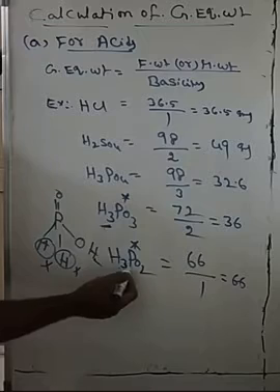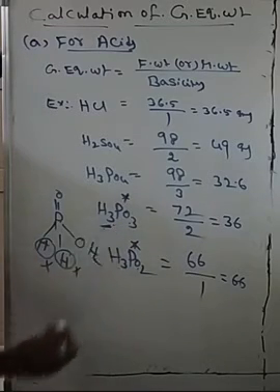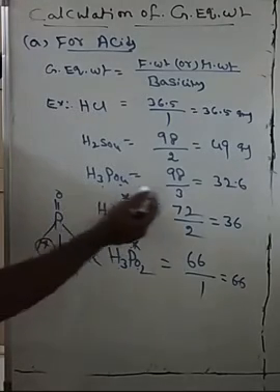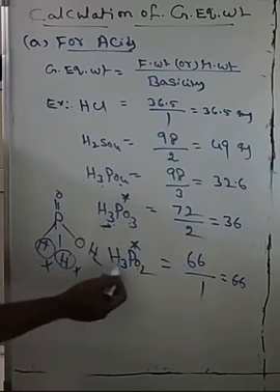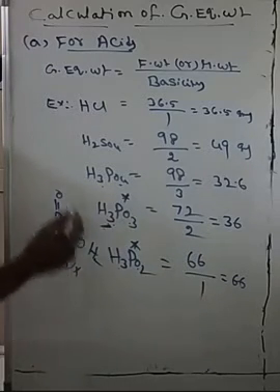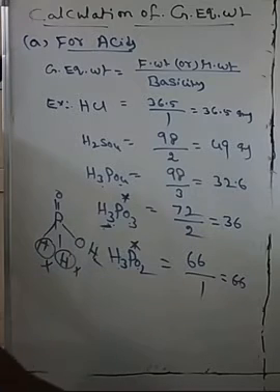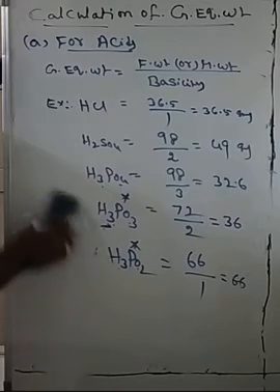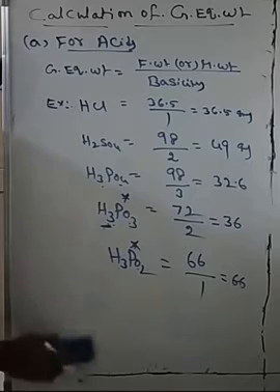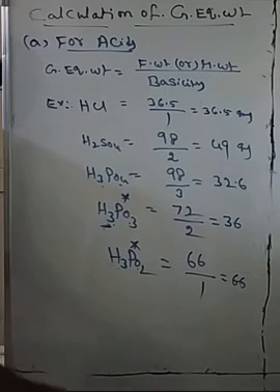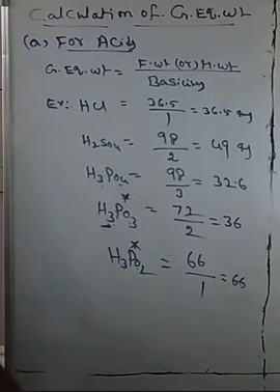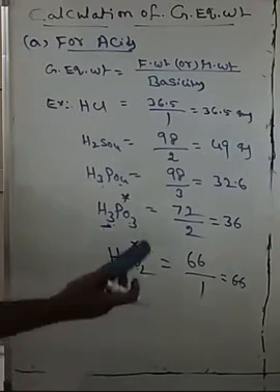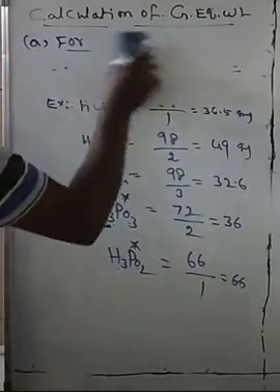This is called hypophosphorus acid. This is called phosphorus acid. This is called phosphoric acid. So for phosphoric acid, basicity is equal to the number of hydrogens. Phosphorus acid basicity is 2. Hypophosphorus acid basicity is 1, because it depends on the structure. So basicity means the number of replaceable hydrogen atoms by metal. So these are some examples of calculating gram equivalent weight for acids. Like that, other substances.